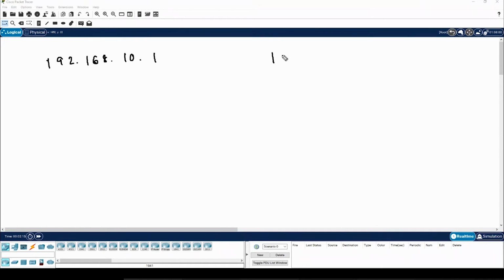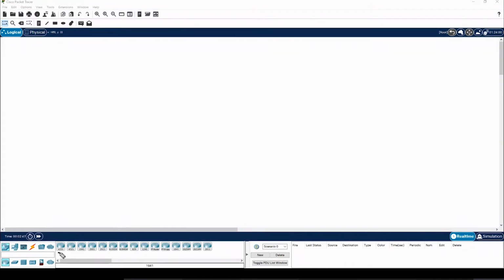So for example, we take an IP of 192.168.10.1 and 192.168.11.1. We just said that the communication between these two PCs won't be possible, but if you connect a router with them, you can make this communication possible with the help of routing, which we will discuss later on, how it works and how you can configure routing on routers to make communication between such networks possible.